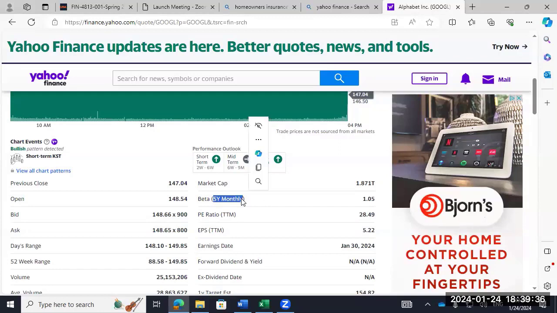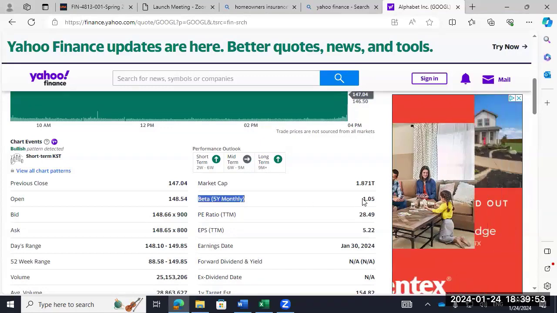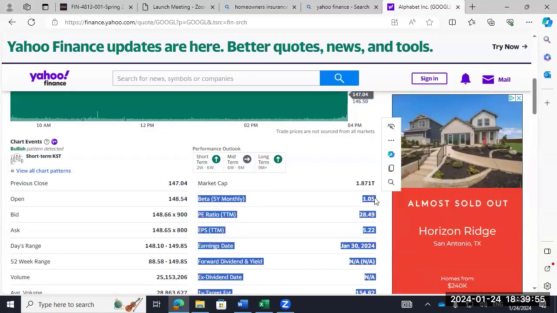That just means that's their beta if you use the last 5 years of monthly data. But it's all over the place, right? It could be 2.1, it could be whatever. And probably in 2000 or 2001, it was 1 or 2.5 because tech stocks all sold off. So you can look it up on Yahoo Finance, but that's not really their beta. That's their historical beta. Beta, from our standpoint, is a futuristic thing. What is their true exposure?